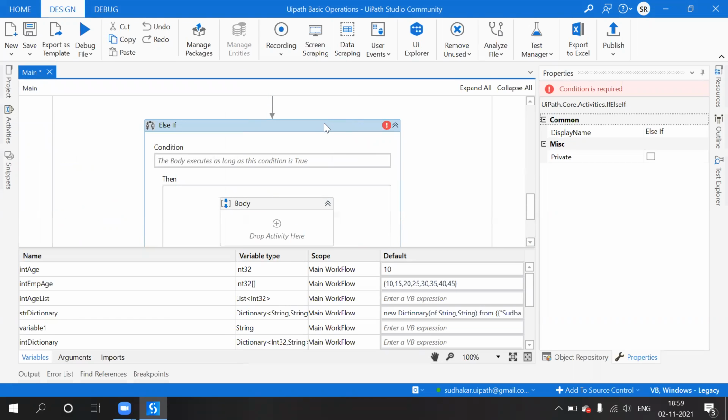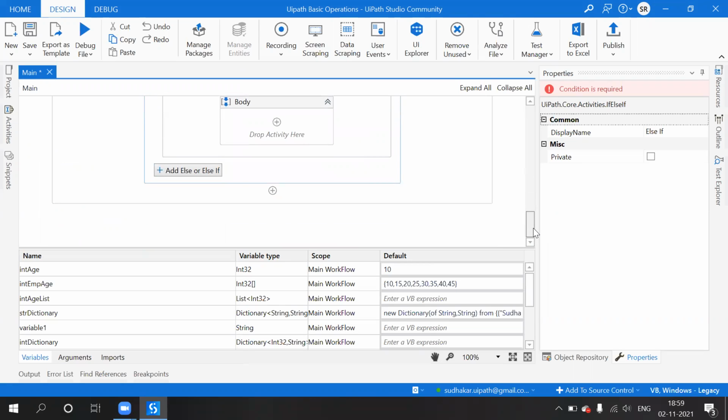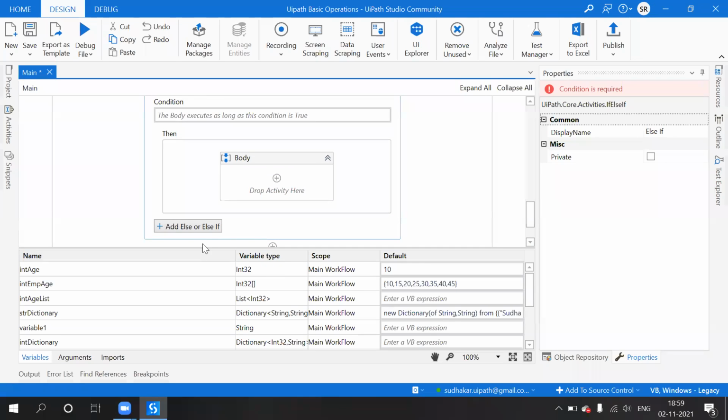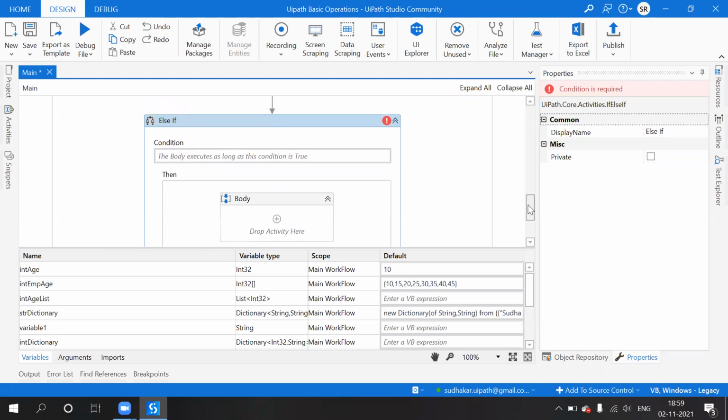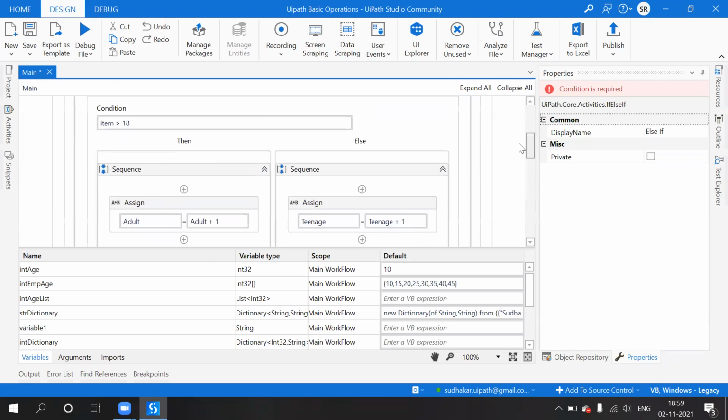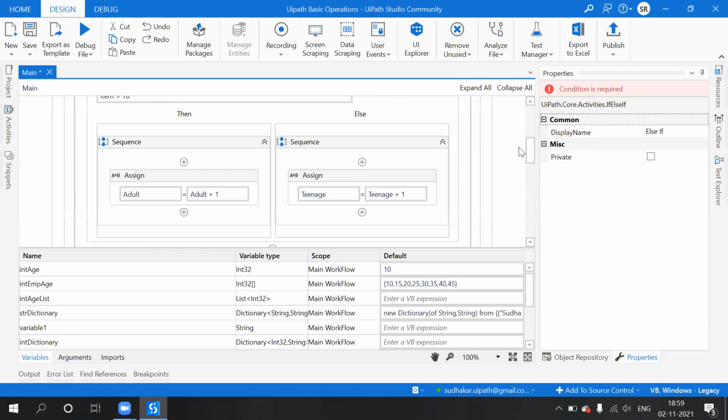See, else if doesn't have any else part again. If you want you can add it, or if you want you can again add else if. If this condition fails, it should happen, you would like to check multiple conditions.